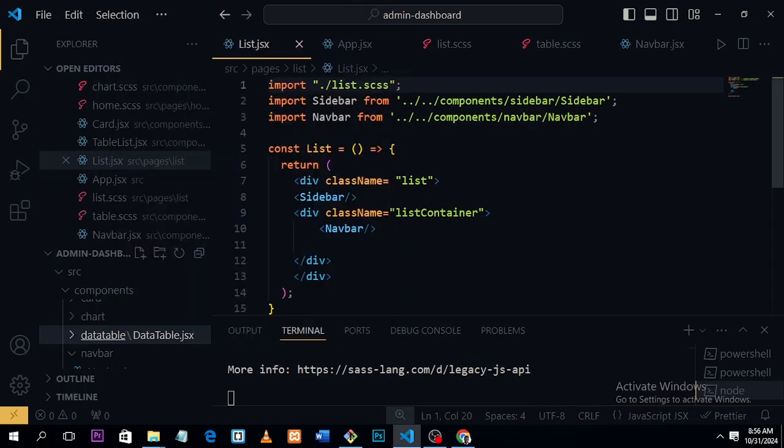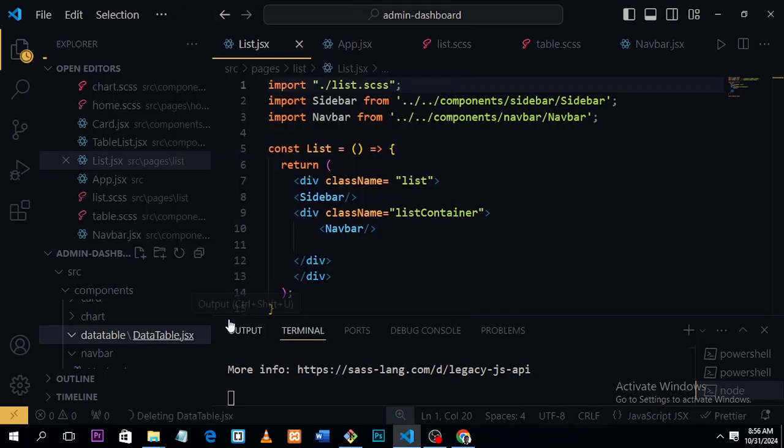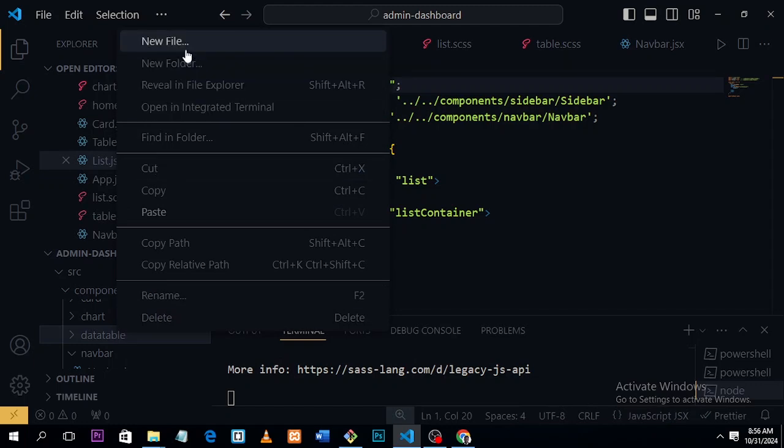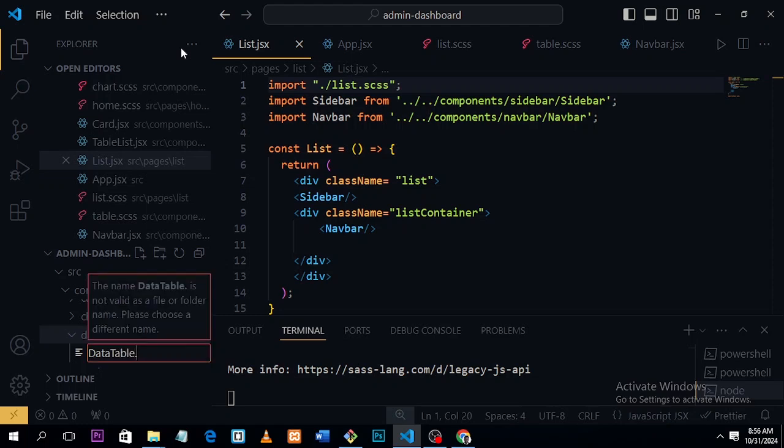Sorry, this is an error, let me delete this. Okay, we'll create our gsx, we'll say data table dot gsx,